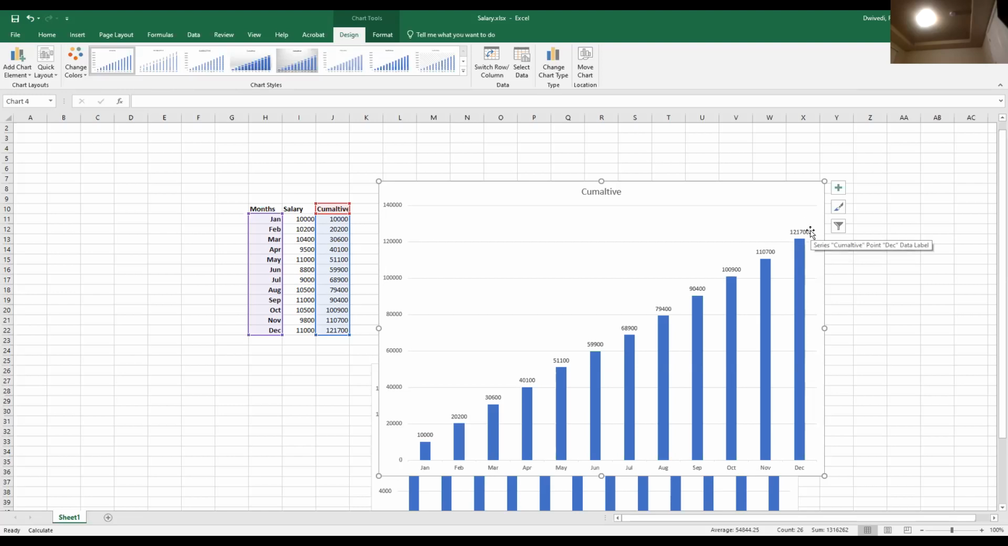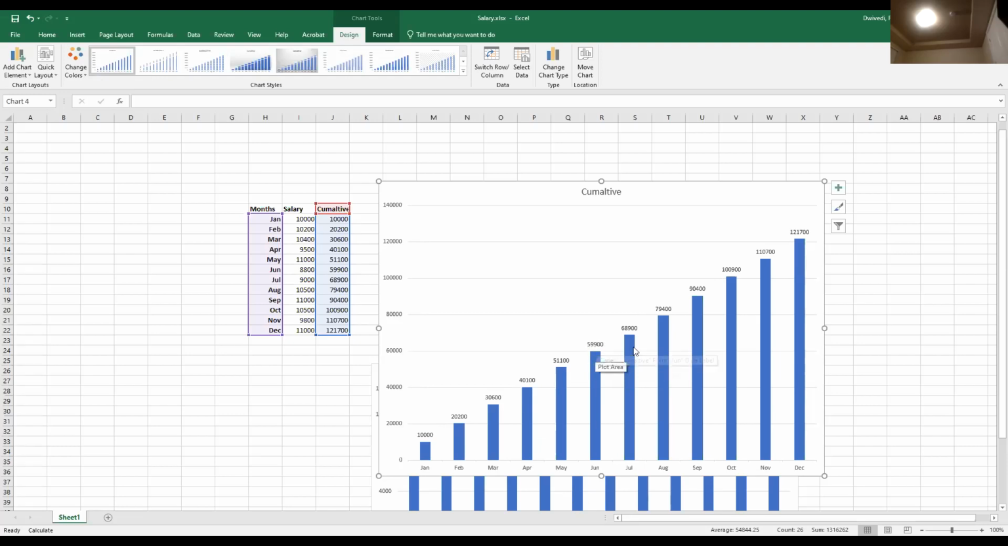Now the question is very simple. What is the salary after May? How can we know? Very simple. After May, I have 121,700, and up to May is 51,100. So 121,700 minus 51,100, and I can get the salary after May. What is the salary till June? So instead of adding one by one, I can simply get the salary up to June,